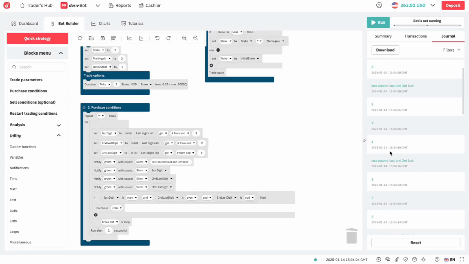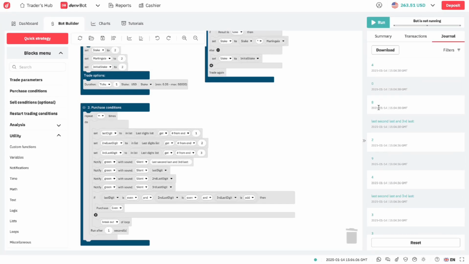So it's doing the correct thing, because I can't see anywhere where we have an even number, an odd number.